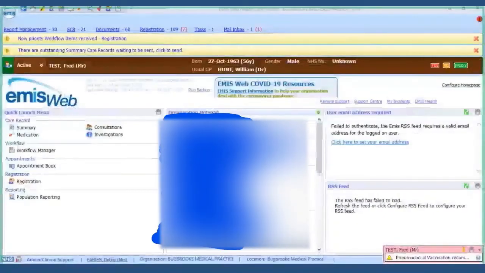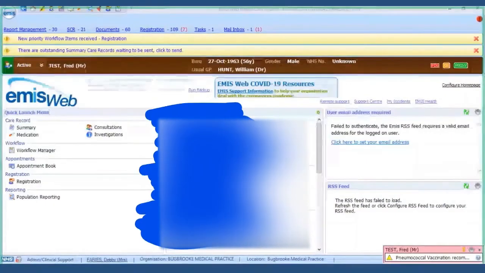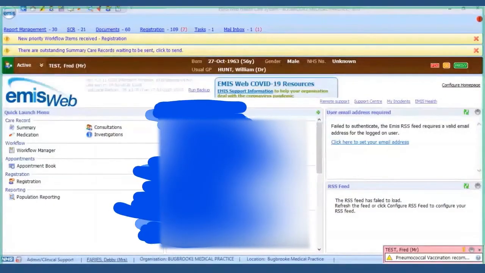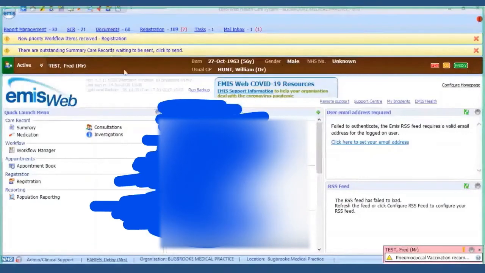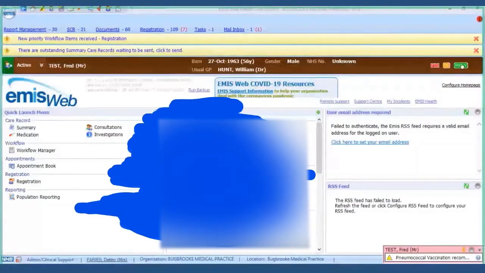Okay, so now we're on EMIS. The way we do it in EMIS is we have to add the user to every individual resident in the care home. So what we'll do is we'll start with a test patient. So we've got Mr. Fred Test open here, and in the corner here you can see the Proxy sign there